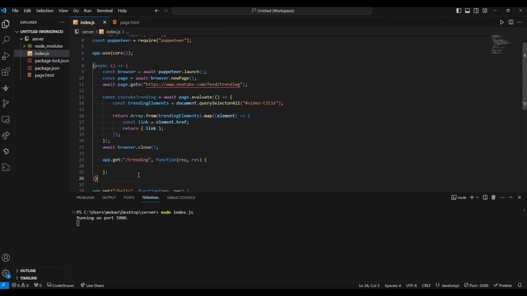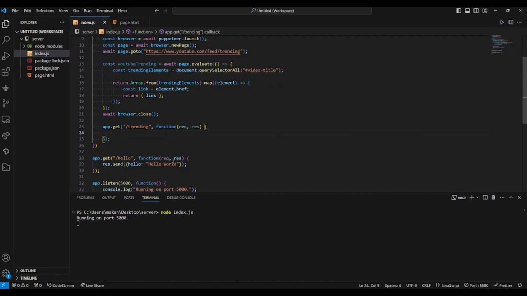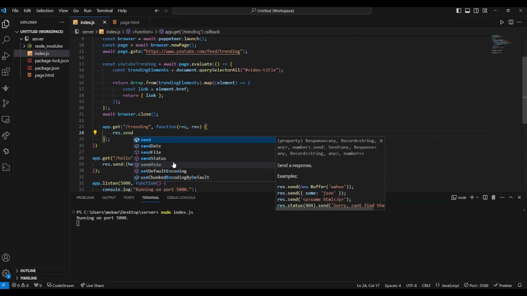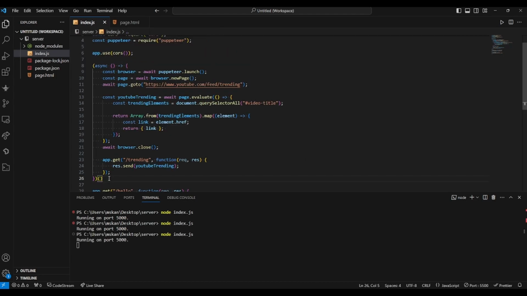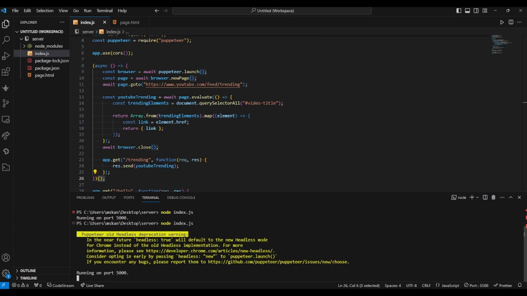It's very similar, or exactly the same, as the format last time. And then for this one, we want to send the YouTube trending. Call our async function. We can just do this by doing this code,